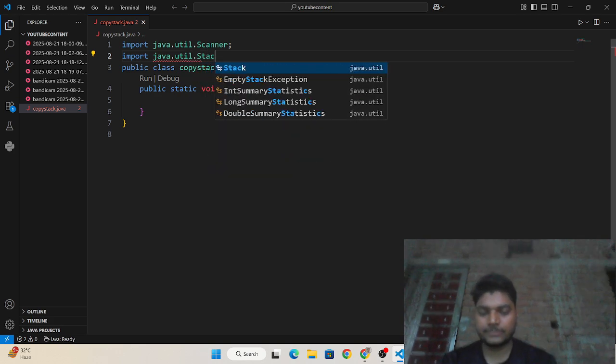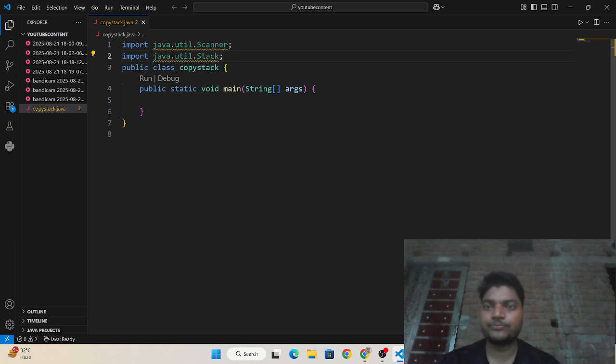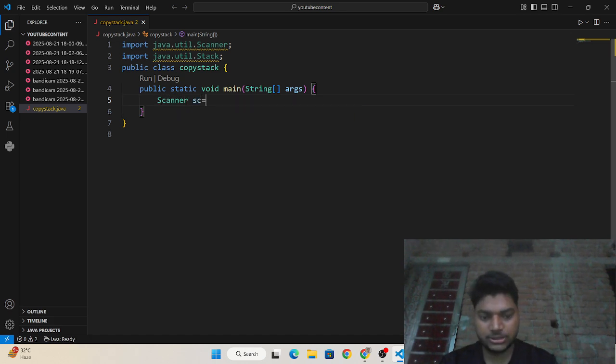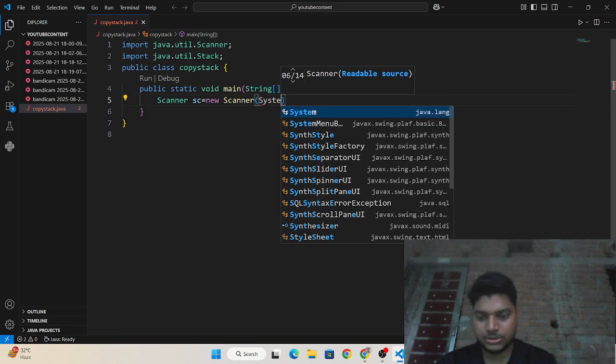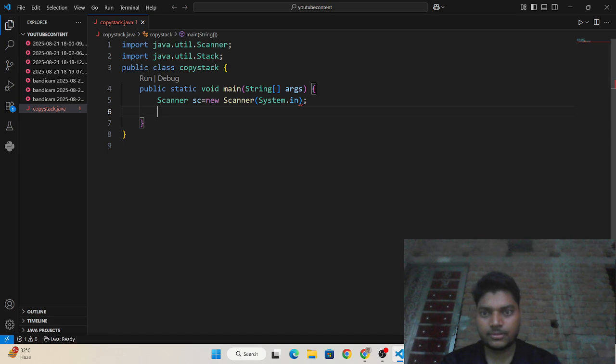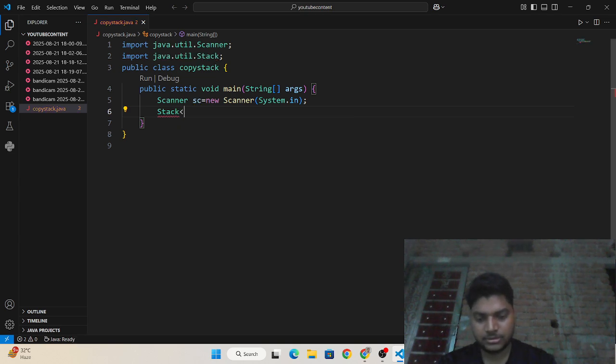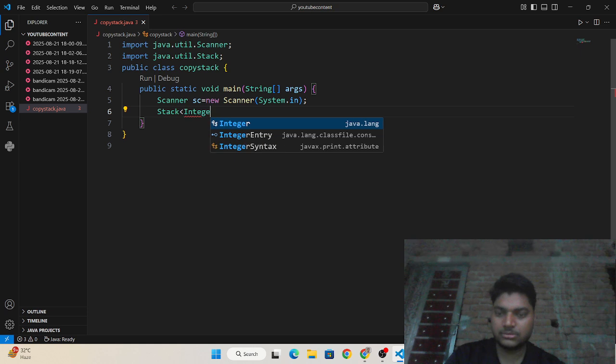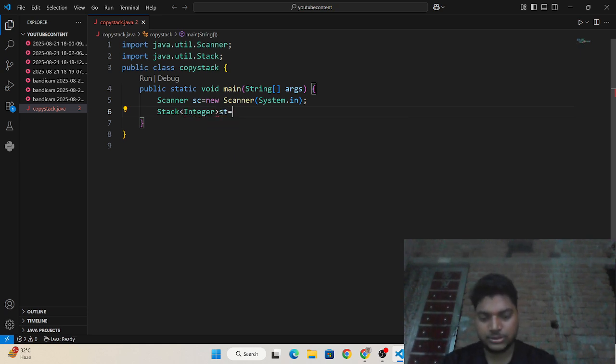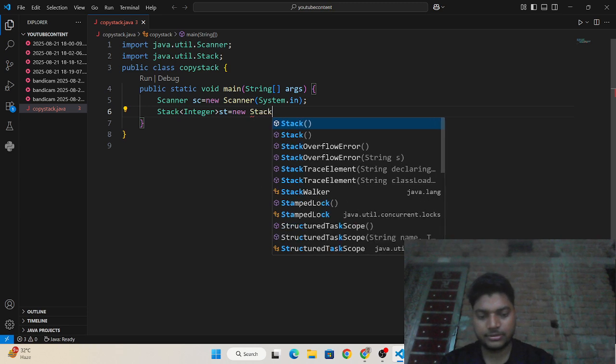Then write Scanner sc is equals to new Scanner, System dot in, and Stack of Integer, since I'm going to take integer values, st is equals to new Stack.